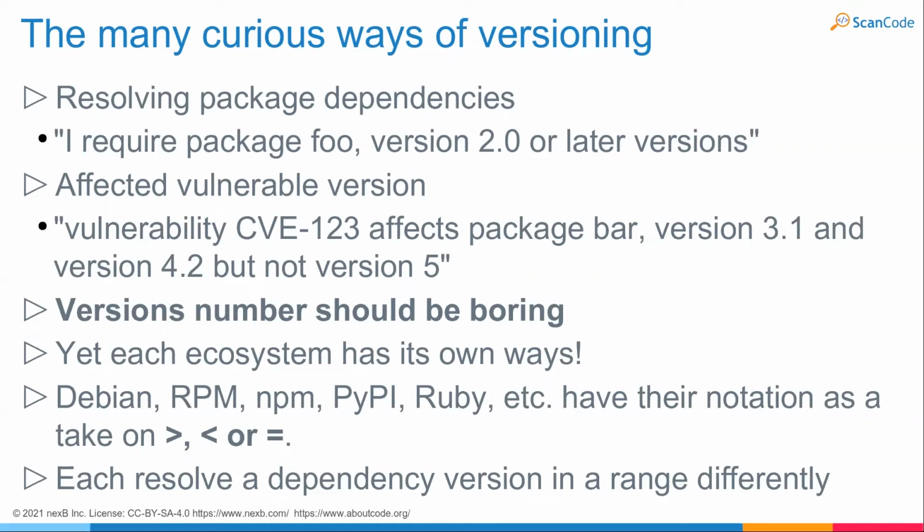And they typically use a notation to say, hey, this version is superior or inferior or equal. So I depend on something which should be superior, inferior, or equal to this version. Yet, not two of these notations give the exact same meaning. So sometimes you have two superior signs used by Debian. You have a double pipe notation used in NPM, Node, SemVer, and so on. And on top of that,